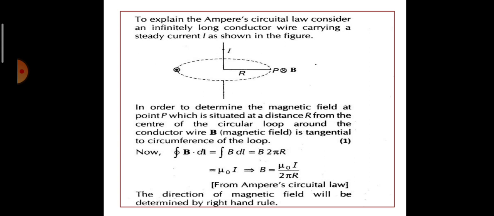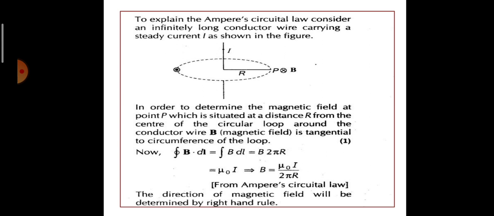So to explain Ampere's circuital law, let us consider this infinitely long straight conductor. The Amperian loop chosen has got a radius r. So according to Ampere's circuital law, integral B dot dl will be equivalent to integral B dl, since for any segment dl along the loop, B and dl will be parallel to each other, so that cos 0 is equivalent to 1. If you are taking the total integral of dl along the circular loop of radius r, we get it is equivalent to 2 pi r.